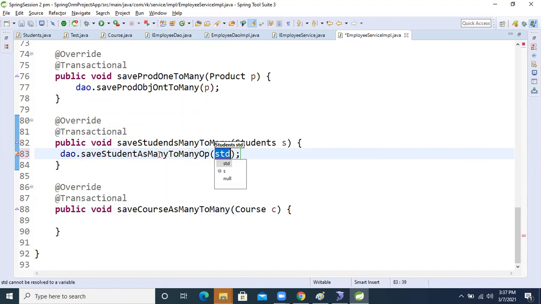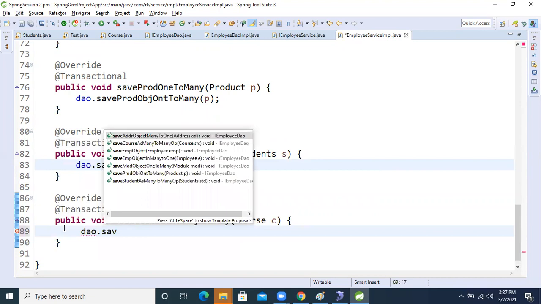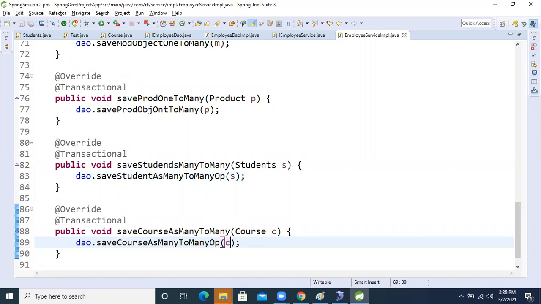Here we pass the method argument s. We come here also and write dao dot save, with the course, since we need to save the course only. The service layer operation is also completed now.